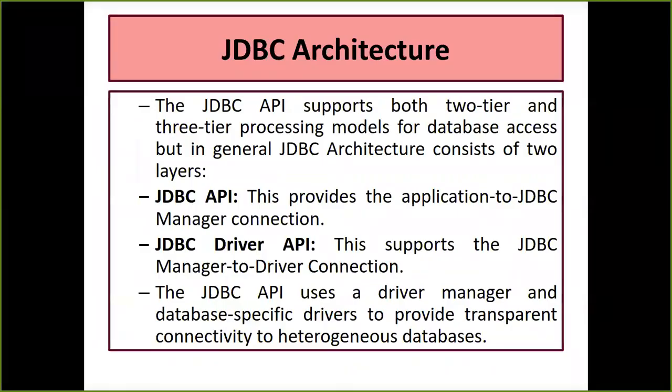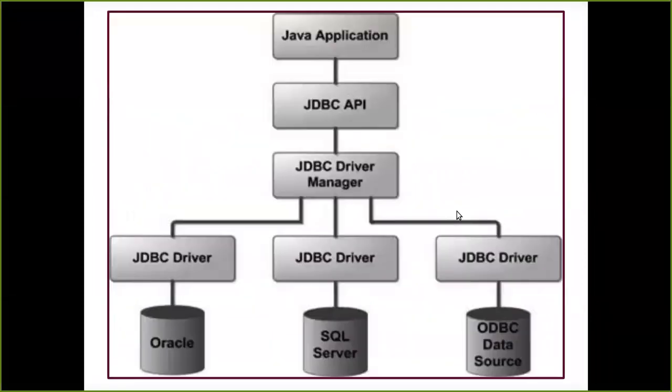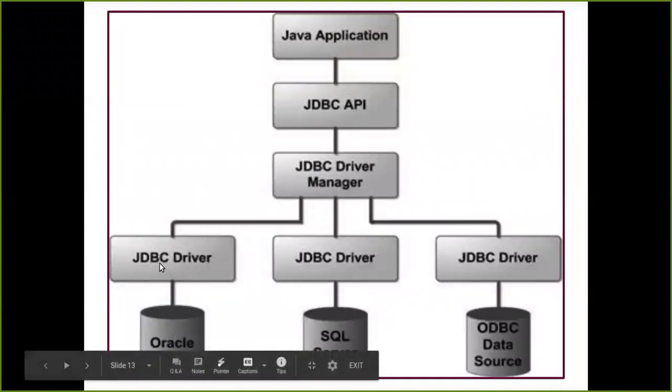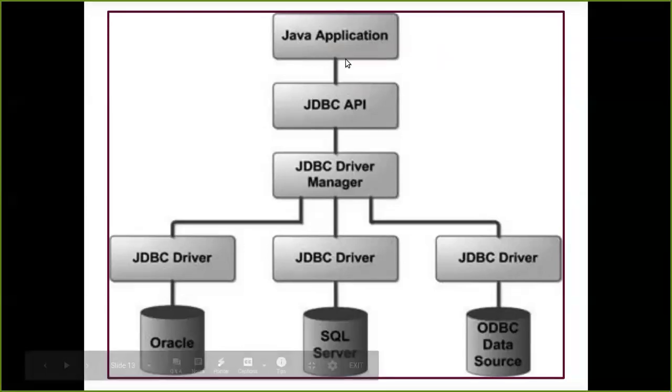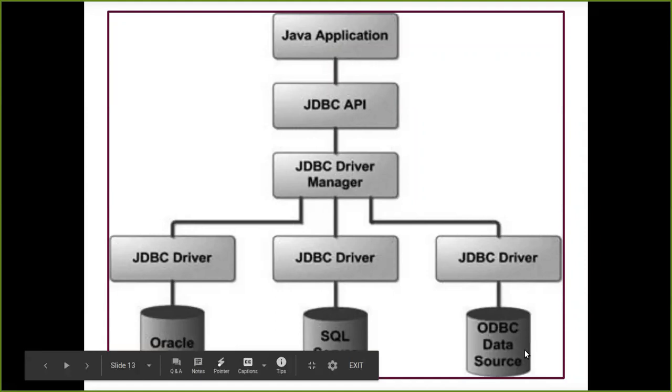So now we have learned about the JDBC architecture. I have shown you the diagram for this. We have a Java application, this is a neutral API, and this is the list of JDBC drivers being managed by the driver manager. No matter where your database and the data are coming from, it doesn't affect your application. The only thing is that these two requirements should be fulfilled: there should be a JDBC driver in each database so that it can communicate easily with your Java application.